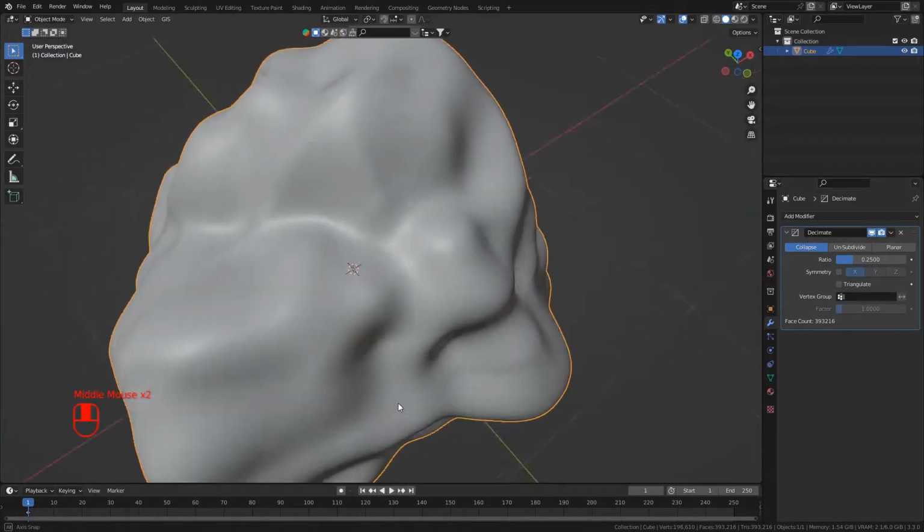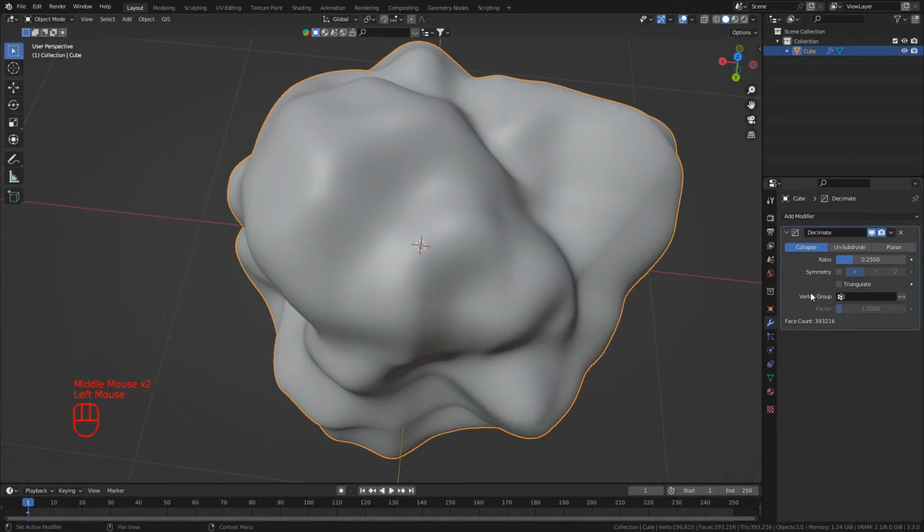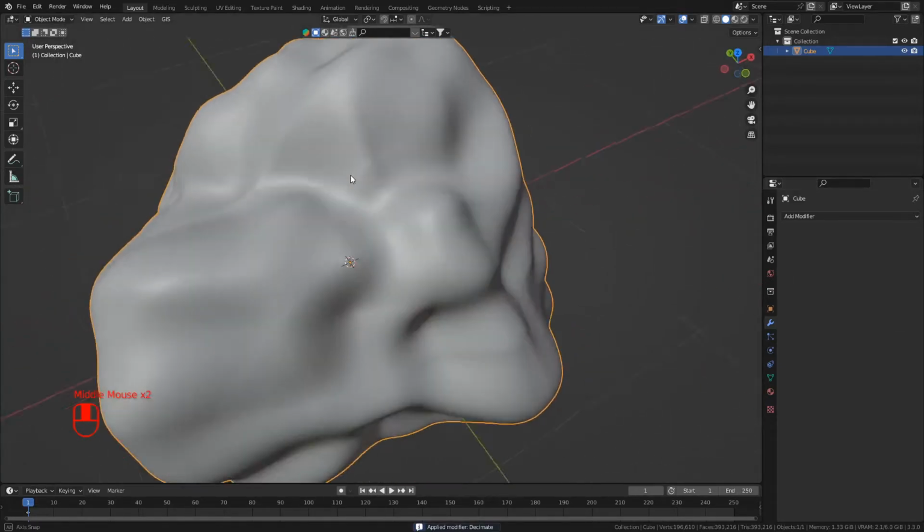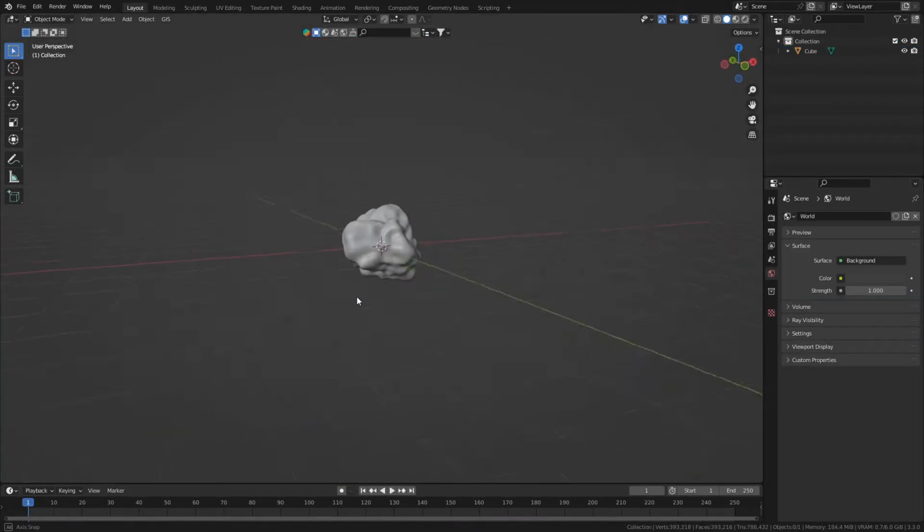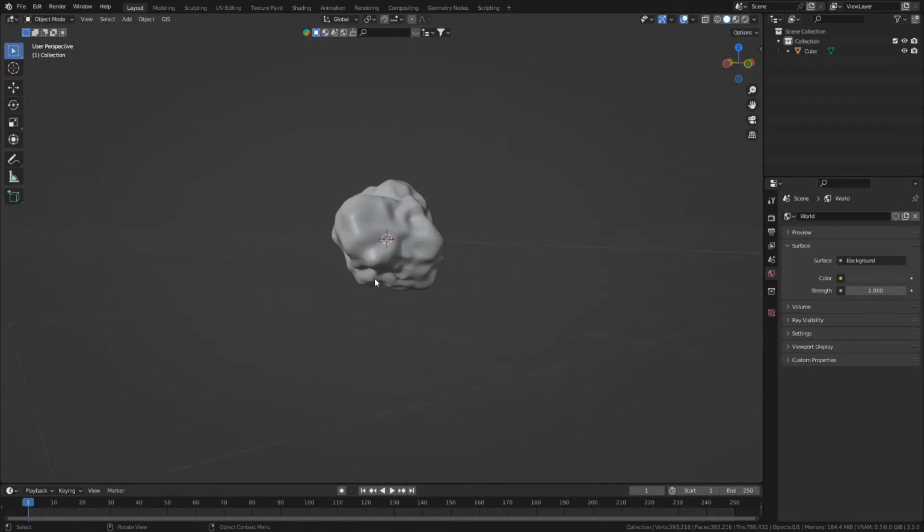Okay, so it's loaded for me, and I think 200,000 vertices is a good amount, so I'm just going to apply it. And that's it. Okay, so if you watch that video, here's how to make what it looks like in the